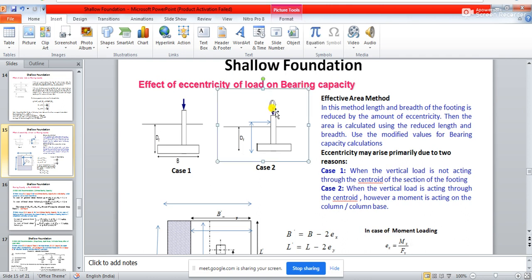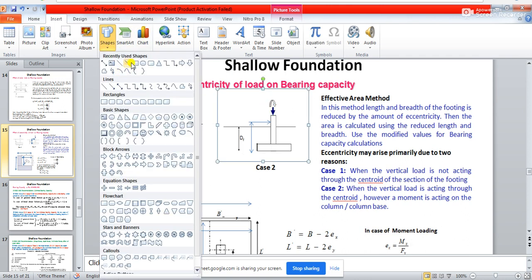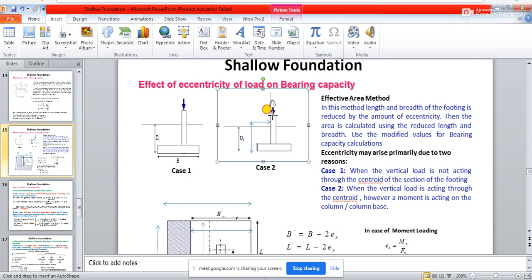And what is the vertical load? Vertical load is nothing but this arrow. So this vertical load, whatever will be acting, this is actually your FV. This is the vertical load which is acting over here. The moment needs to be divided by this vertical load to get the value of eccentricity. So actually the effect of moment needs to be taken care of in the bearing capacity equation through the effect of eccentricity. This point you should be very clear about.